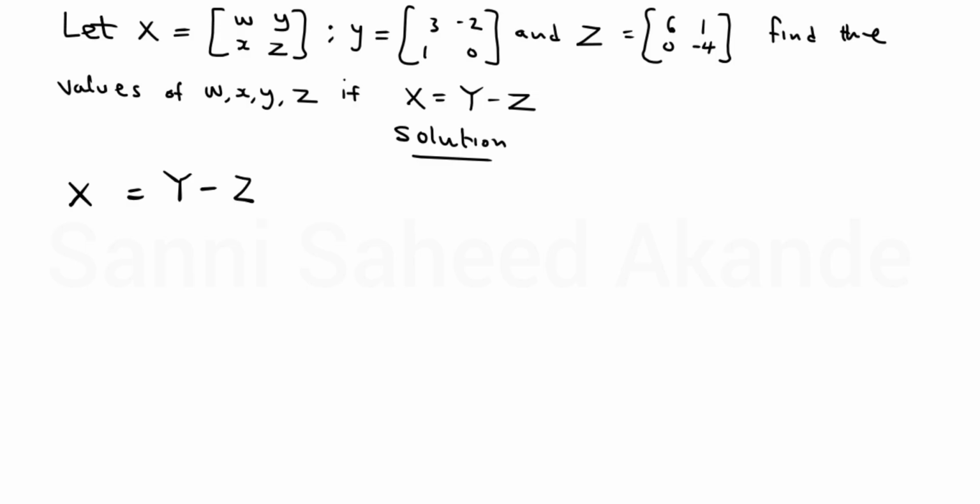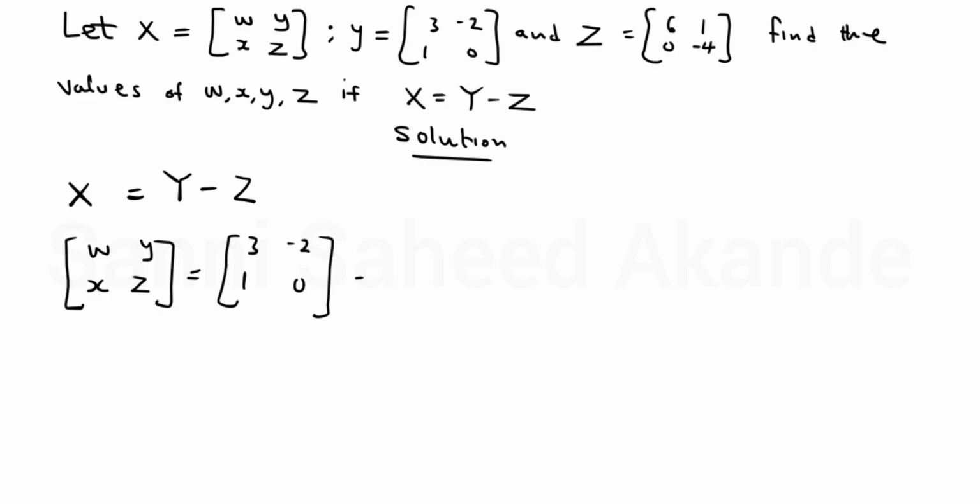Okay, so let's plug in the values of each matrix, understood. So matrix X is given as w, y, x, z, then equal to matrix Y is given as 3 minus 2 1 0, then minus matrix Z is given as 6 1 0 minus 4. Okay, so let's keep solving the matrices at the right hand side. So I'm going to repeat this: w, y, x, z is equal to,